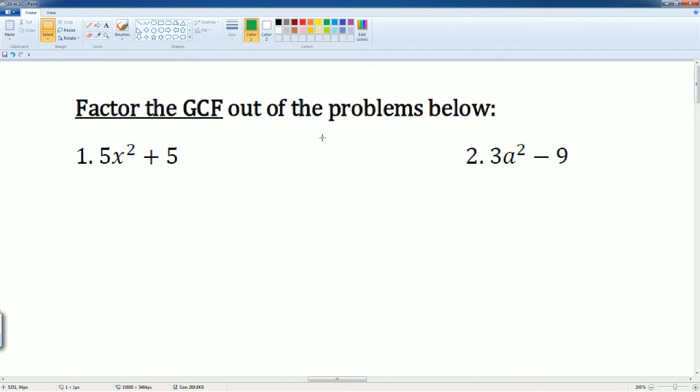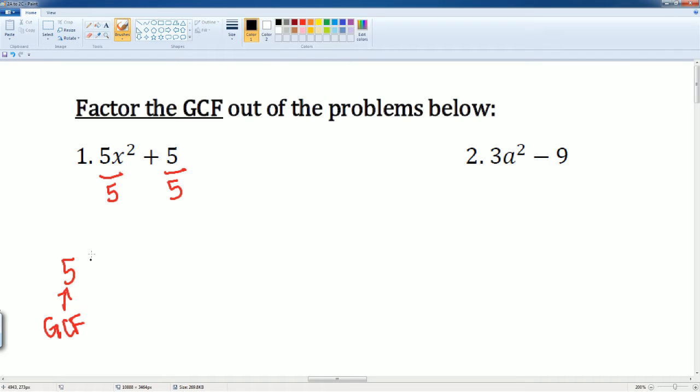Think about pulling out the GCF as what they have in common. So here I see a 5 and a 5. So I would say that 5 would be my largest integer, so I could pull out 5. Can I pull out any other value here? I cannot pull out an x squared. So there you go. I would say 5 is going to be my GCF, and what is left inside